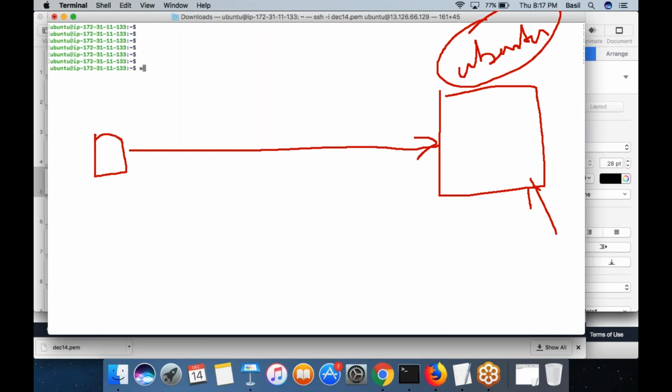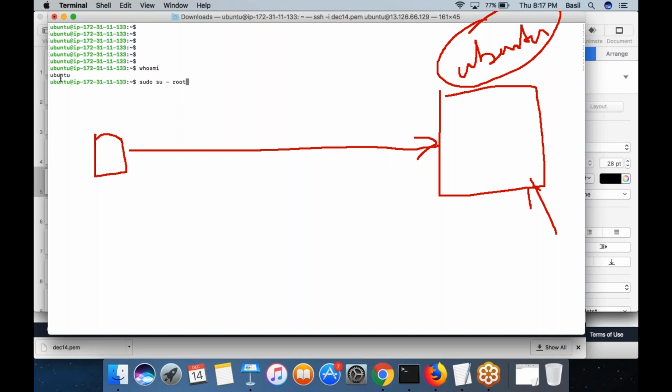Now you got that. So there is a command in Linux, whoami. Whoami is a command in Linux which you can use to check which user you are currently logged in as. So whoami, when I run on the remote EC2 machine, it tells me currently I am logged in as user Ubuntu, right? I want to now switch myself to a user called root.